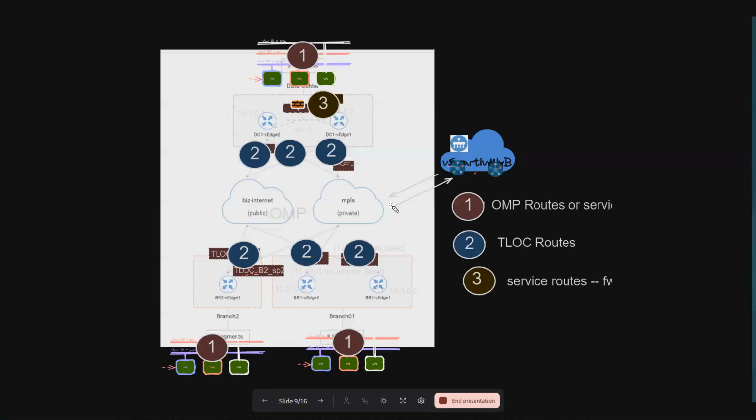Okay, so your question here is this: we have different types of topology. We have point-to-point link, hub and spoke, and full mesh. Which particular topology should we use in terms of cost? The answer is this,